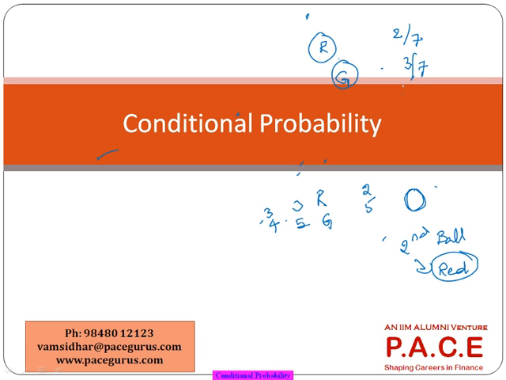Because there is no dependency between the first toss and the second toss. Whereas in this case, there is a dependency between the first pick and the second pick. So wherever the second one is dependent on the first one,